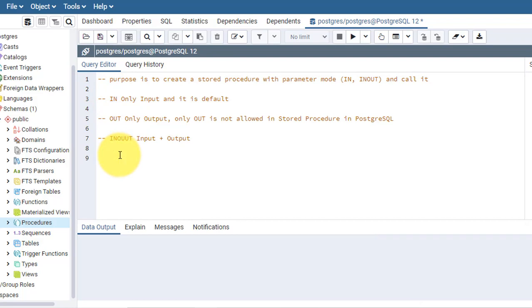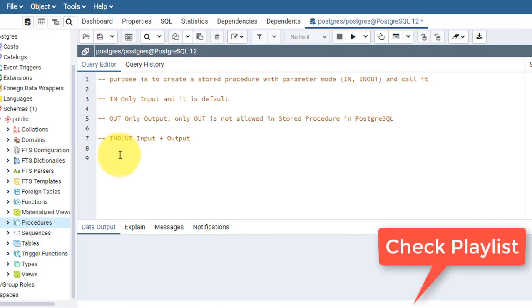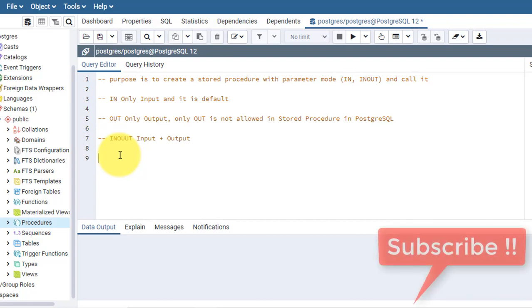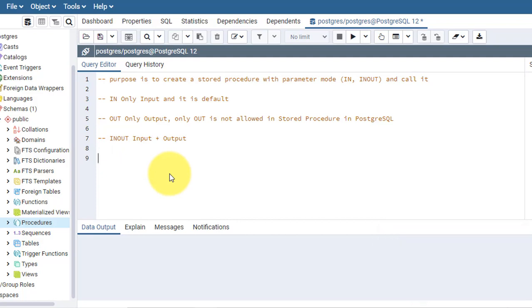Because we don't mention anywhere in or out, by default it takes input. And when we mention out, that means it will hold the output value for the procedure. And when we mention inout, it will have the value as input as well as output. So let's take an example here.